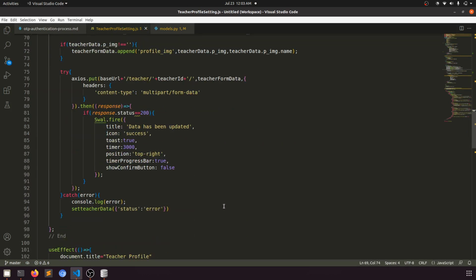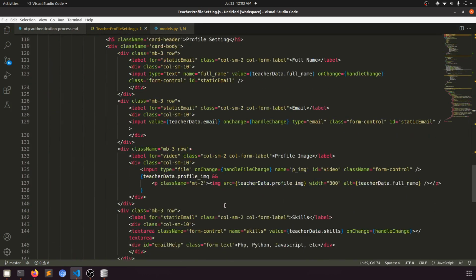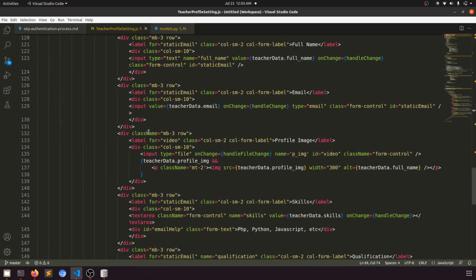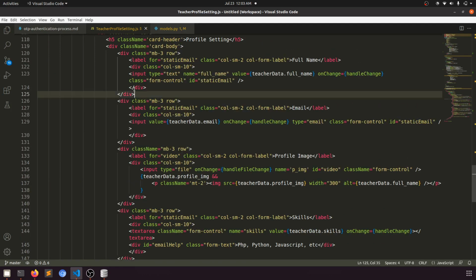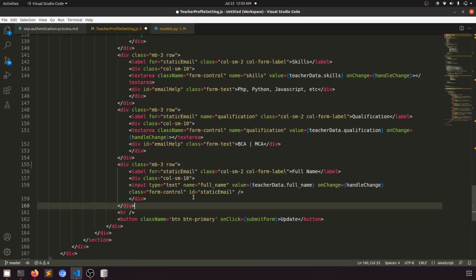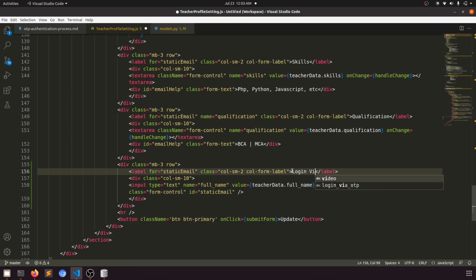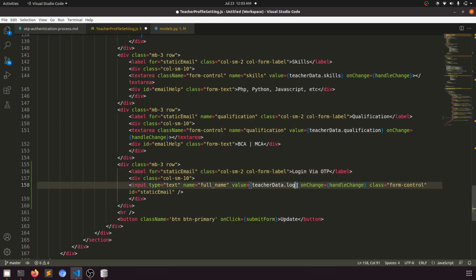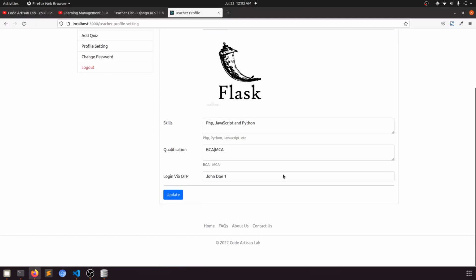Right, and then what else do we need? Profile image, full name. We'll copy this and paste it here, and we'll say login via OTP, and this will be login via OTP. All right, and the name will be the same for the input. So here we have,